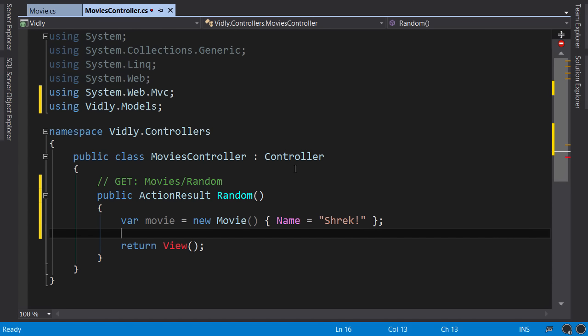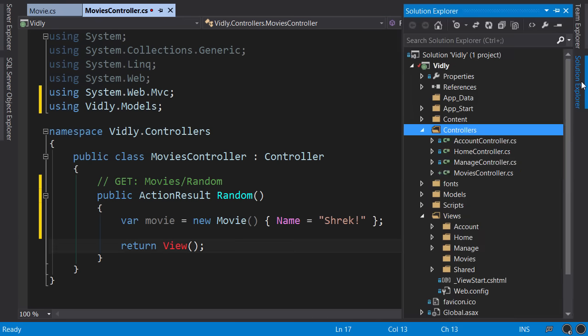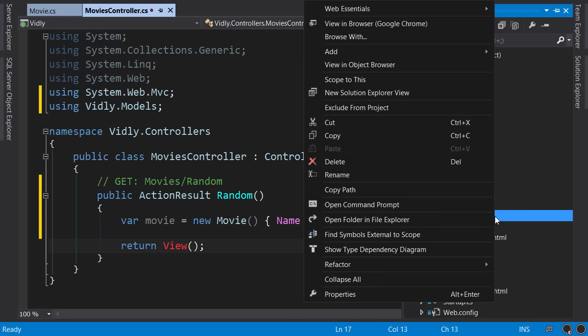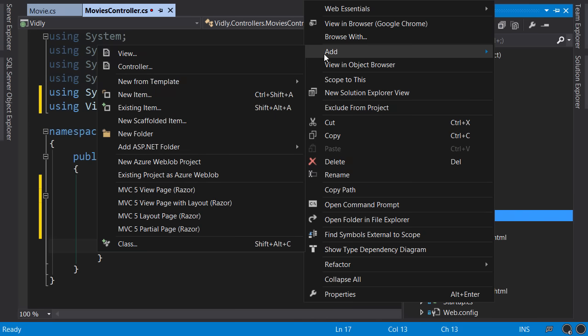Now here you can see that this method is returning a view. And the reason this view is red is because ReSharper is telling me that this view file does not exist in the application. So in the Solution Explorer, under Views, look inside the Movies folder, we don't have a view called Random. So right-click, Add, View,